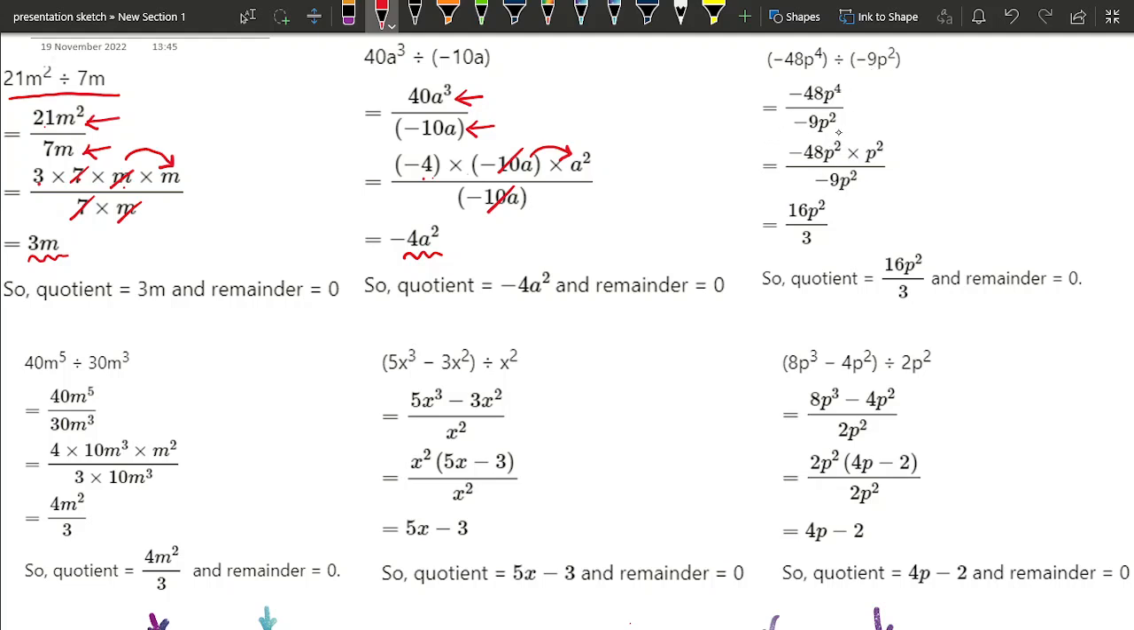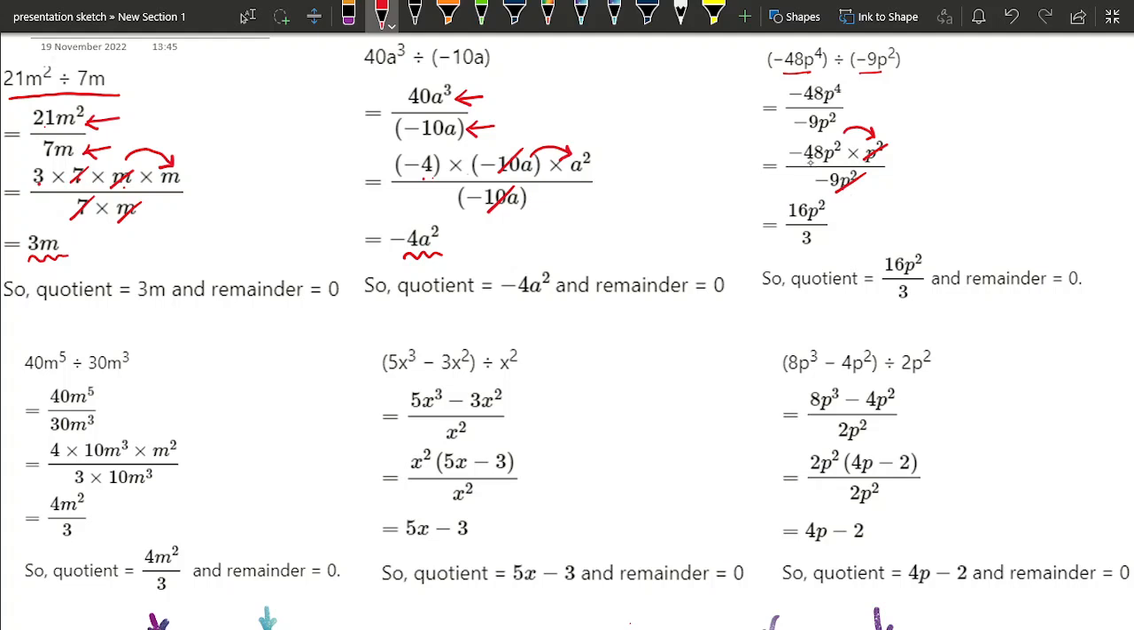Here what they have done is simply this: 48 is kept as it is, and p raised to 4 is split like this, p square into p square. But again, you can also mention minus 48 as well as minus 9 in terms of all the prime factors, or if it is difficult for you, otherwise, you can simply go on dividing by the common factor. So here one of the p square will get cancelled from the numerator as well as the denominator,